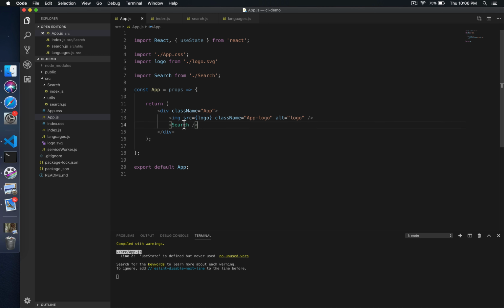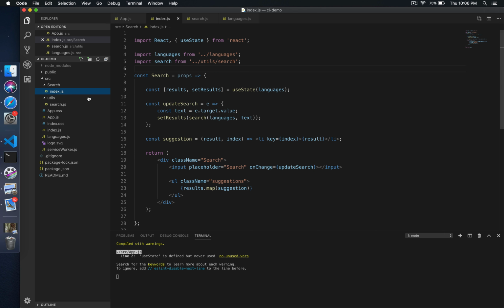Pretty dope. Now, the only thing really that I changed here is this search component. So what is this search component? Well, search is essentially,